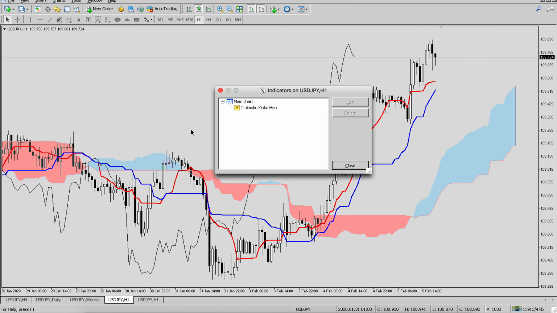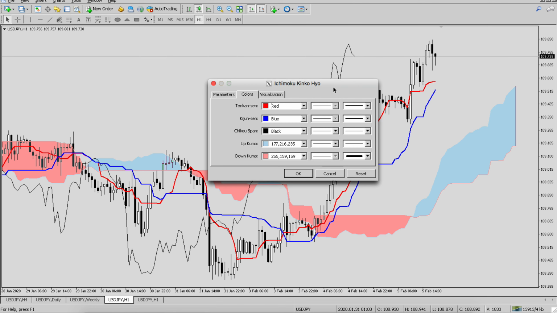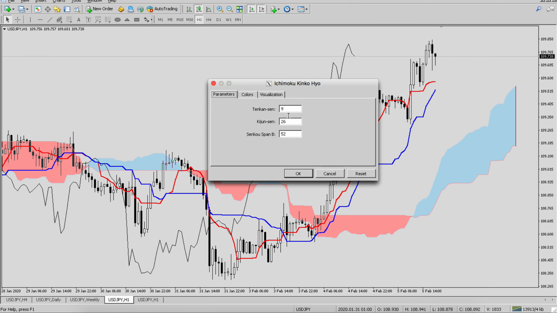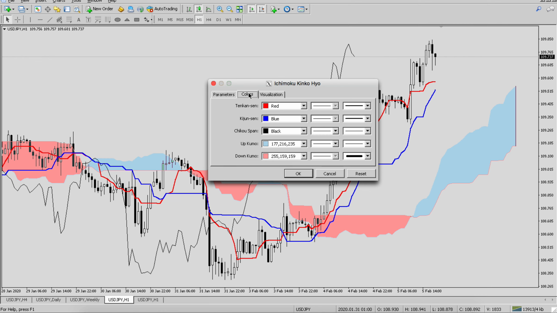Let's go to Indicators, Ichimoku Kinko Hyo, Edit, and these are my settings. As you can see, parameters 9, 26, 52, you don't change that, but then you change Tenkan-sen to red, Kijun-sen to blue, Chikou-span black, so it's going behind. This is the Chikou-span.